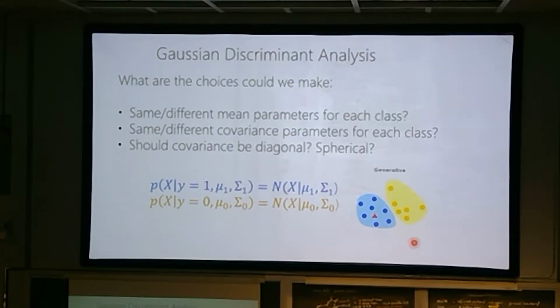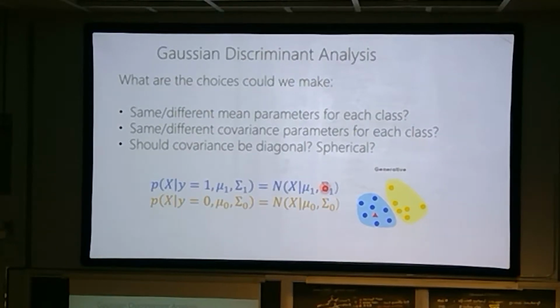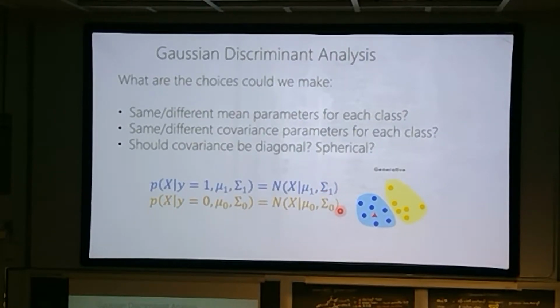Okay, so assuming we're going to have this Gaussian discriminant analysis, what are some of the choices we could make? If you think about the parameters, it's a matter of how much I constrain those parameters. I could make the means be the same. I could let them be different. I could let the covariances be the same. I could let them be different. I could make the covariances spherical. I could make them diagonal. I could make them low rank. All kinds of things. So there's an almost infinite number of possibilities for Gaussian discriminant analysis. We're going to go through two of the most common flavors and the implications of those choices on the decision boundary.